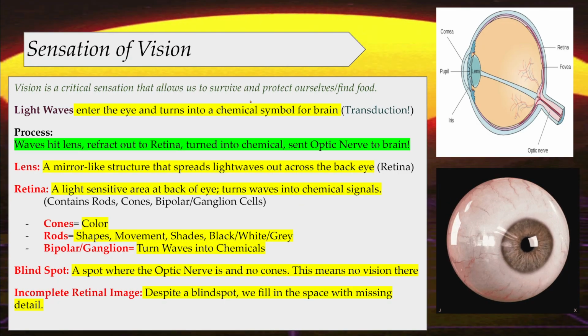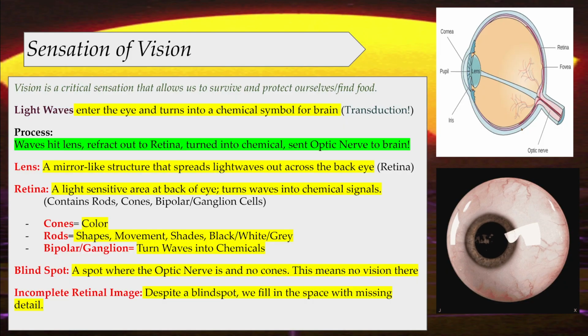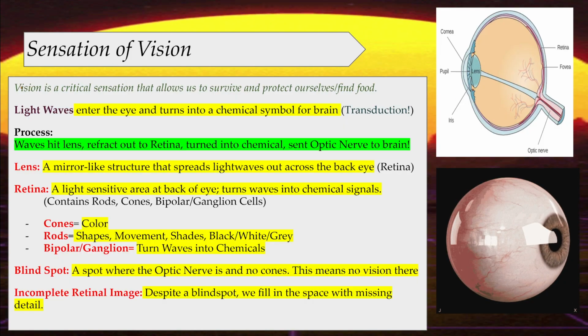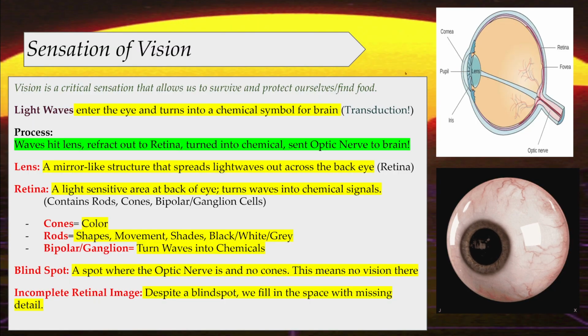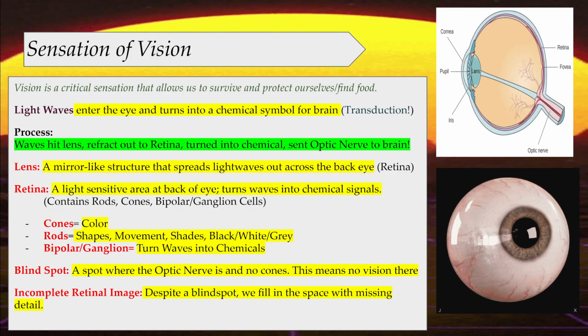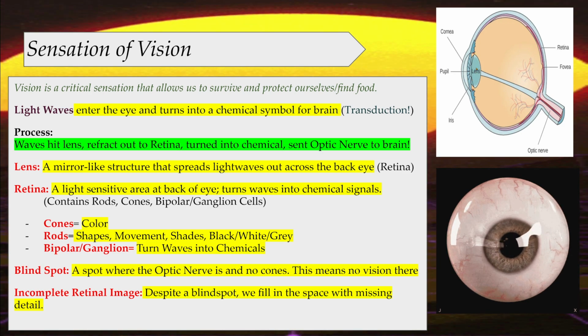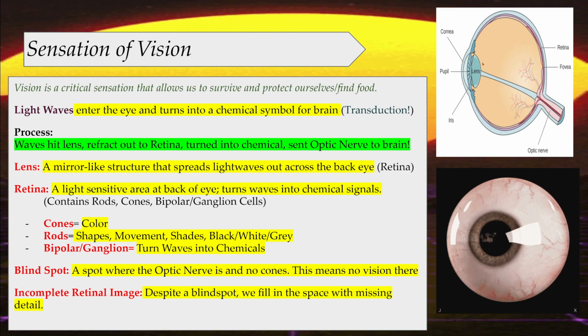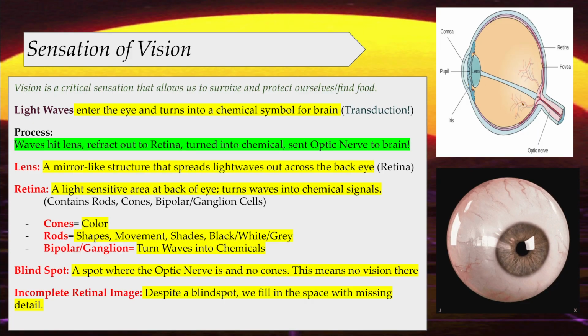And each different sensation has a way to do transduction. For vision, we're going to talk about the retina, which is the part of the eye that does that. And we're going to begin that right now talking about the process. So light waves are going to hit our eye, if you look at the top right, and hit our pupil. And it hits something called the lens. It kind of looks like a contact over here. And what it does with that light energy, that light wave, is refract it out in different directions, hitting the back of the eyeball.